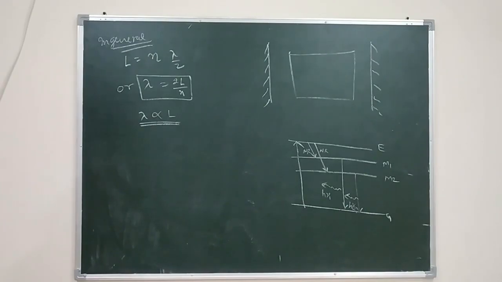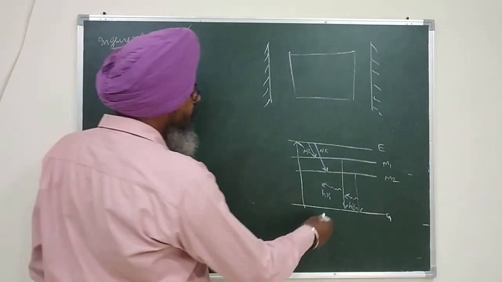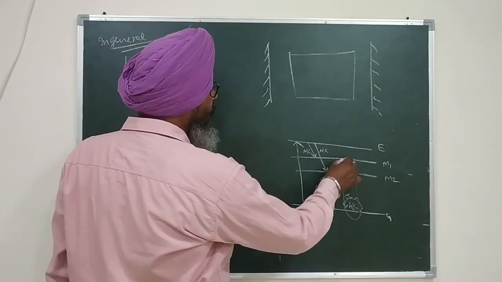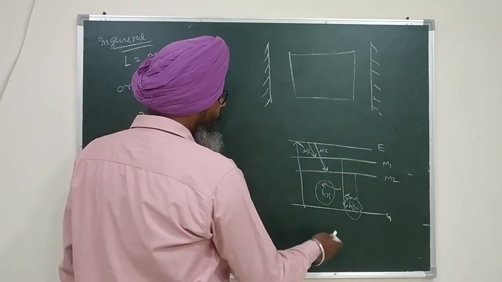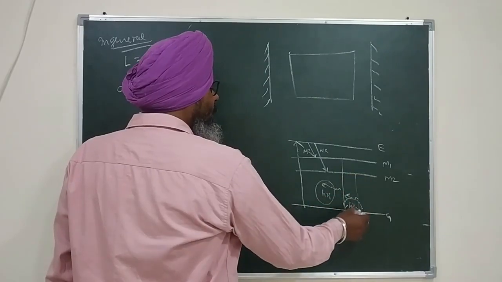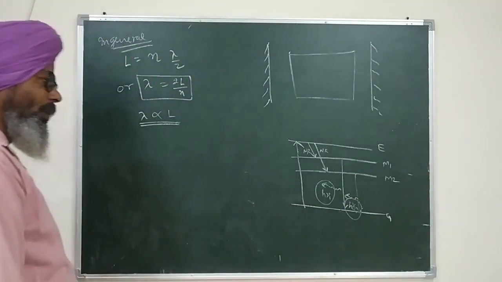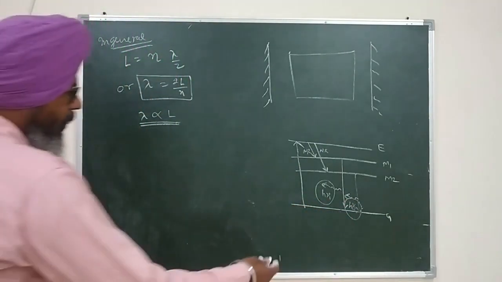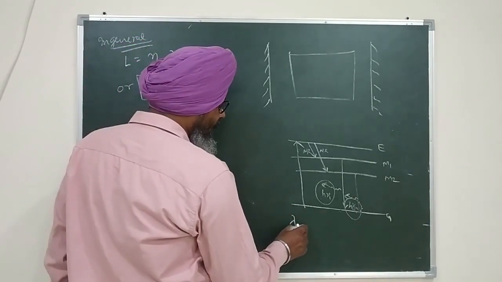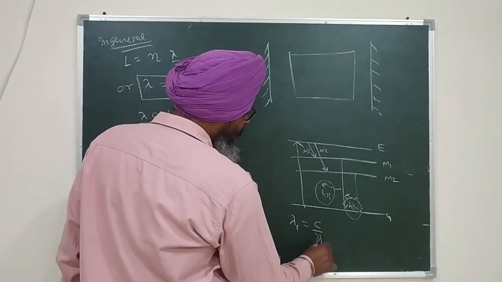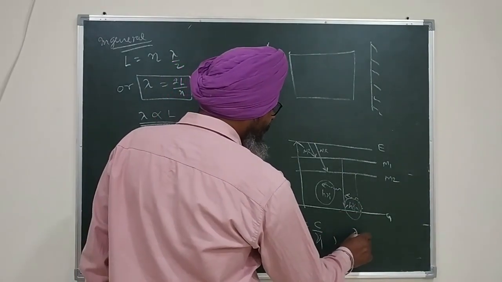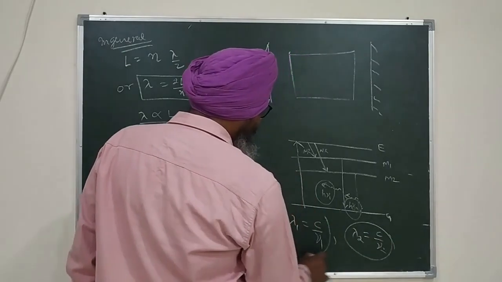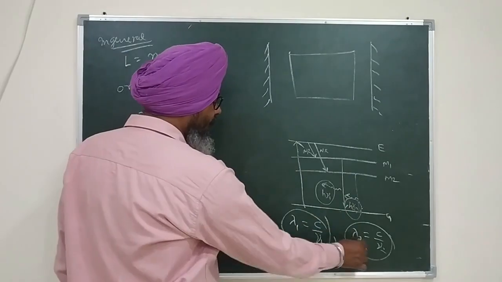In order to get rid of this, what can we do? This frequency we cannot change. This frequency we also cannot change, because this frequency is a function of the energies of M1 and G, which is fixed. This frequency is also a function of the energies of M2 and G, which is also fixed. We cannot change this energy. So these two are photons of two different energies, and corresponding to nu 1, the wavelength will be lambda 1, which will be equal to c upon nu 1. Corresponding to nu 2, the wavelength of the emitted light will be lambda 2, which will be equal to c upon nu 2. So if these two frequencies are fixed, these two wavelengths are also fixed.